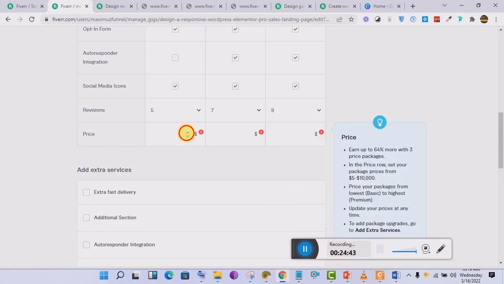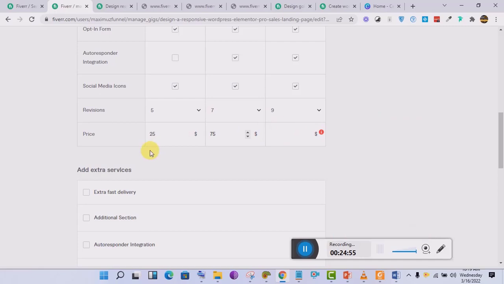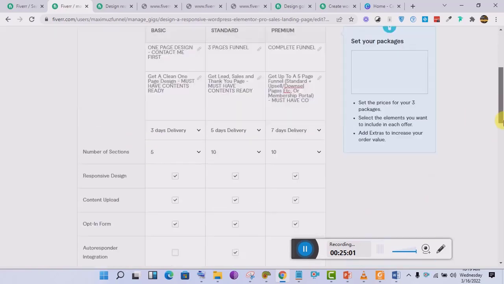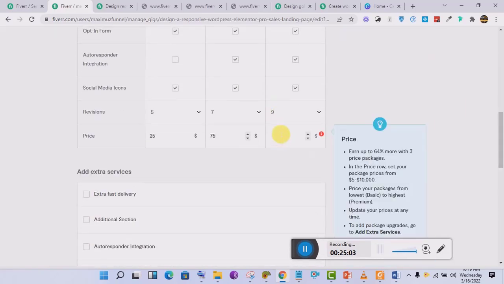Then for the price, I will advise you don't start from $5 because most times clients may just go ahead and place an order for the $5. Okay, so for one page design it costs $25. So the next one is 3 pages design will be $25. Okay,